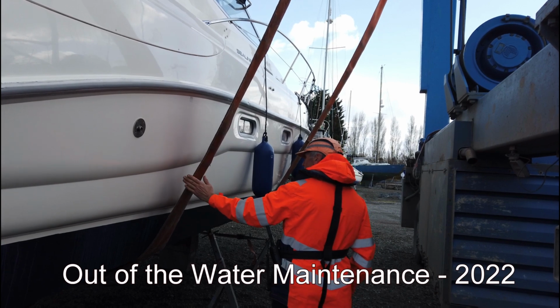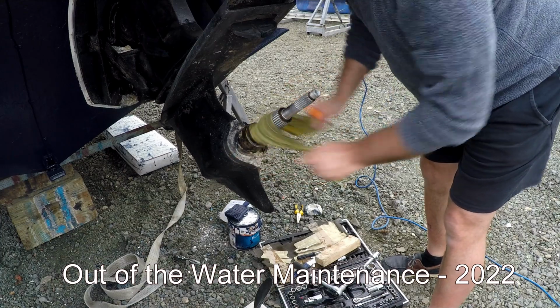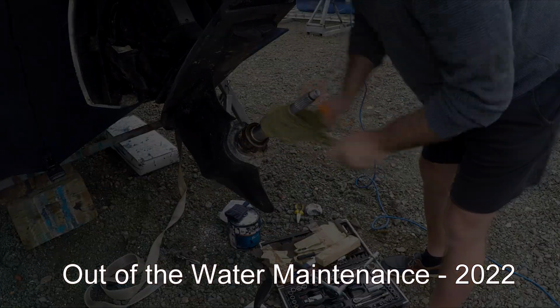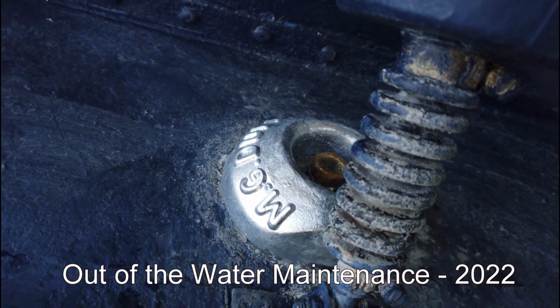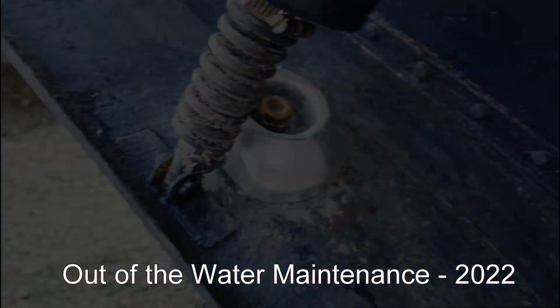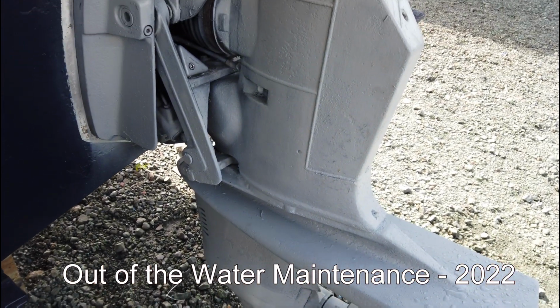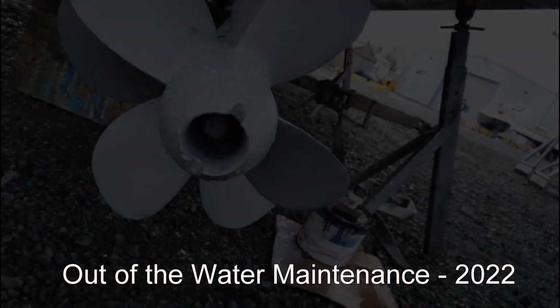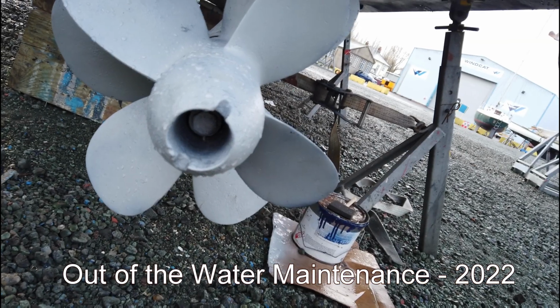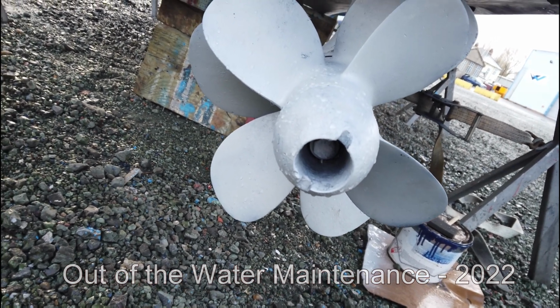It was on zinc anodes when it came onto the Broads. I'm a bit worried about the galvanic protection they would have offered on fresh water and mild brackish water. Because we do go to sea, I'm going to be replacing those with aluminium and not magnesium. Magnesium is probably better for fresh water, but they last 5 minutes in salt water, even for short journeys. You could go away for a couple of days and lose all of your anodes in one day in salt water if they're magnesium. So aluminium is the way forward,